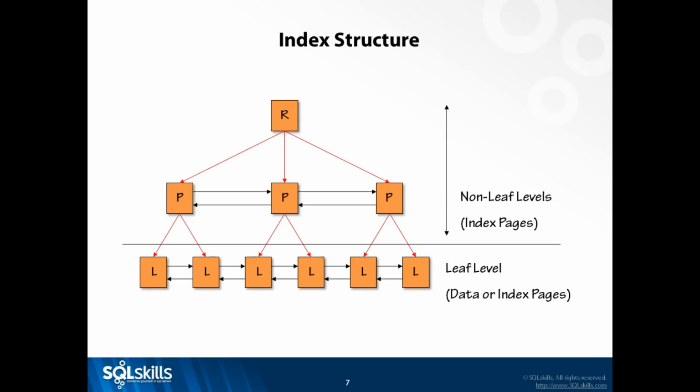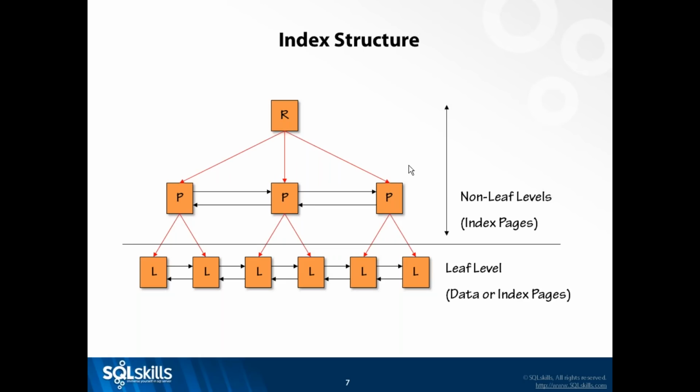So first off, this is a basic index structure. And the structure is really the same whether we're talking about a clustered index or a non-clustered index. And I should say that in this session, we're only talking about row-based indexes. We're not talking about column store indexes. So every access to the index starts through the root page. And then depending on what we're doing, it's going to go down to the leaf level and read one row or multiple rows. And I'll talk a little bit about that in the next couple of slides.